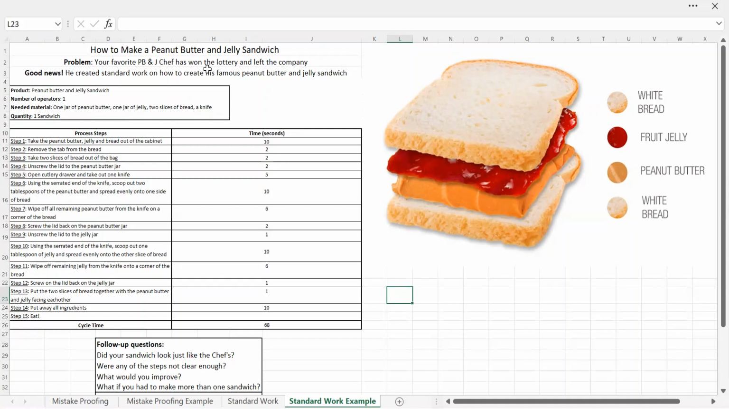You remove the tab from the bread, take 2 slices of bread out of the bag, unscrew the lid of the peanut butter jar, open your cutlery drawer, and take out one knife. Using the serrated end of the knife, scoop out 2 tablespoons of the peanut butter and spread evenly onto one